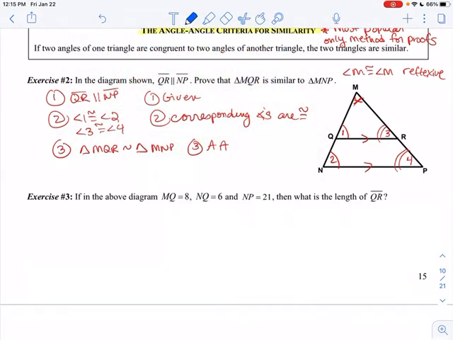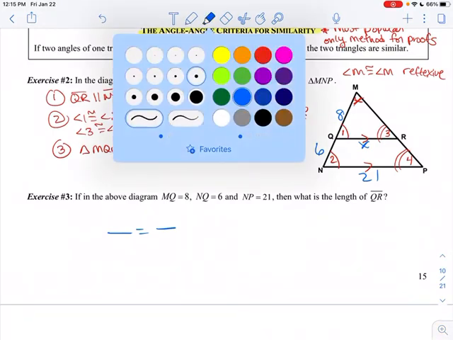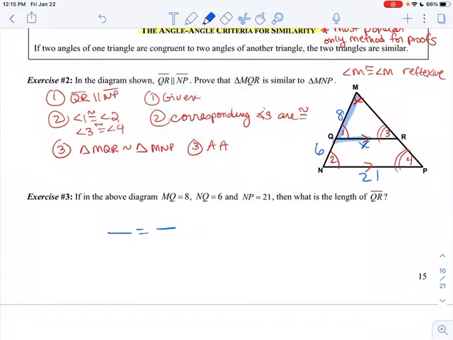So in the above diagram, MQ is 8. So this side right here is 8. NQ is 6. NP is 21. And I'm trying to find the length of QR. Okay, now since the triangles are similar, I just proved that the sides are in proportion. So I'm going to take the two sides from the smaller triangle. I'm going to highlight it there for you, same color, blue. So 8 and x, the two sides from that smaller triangle,